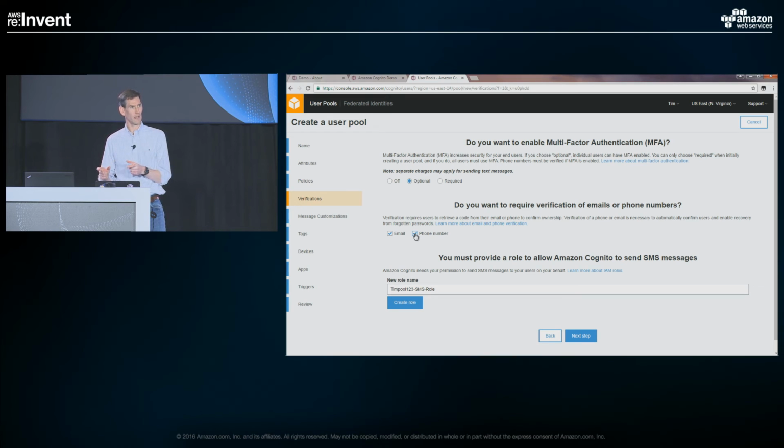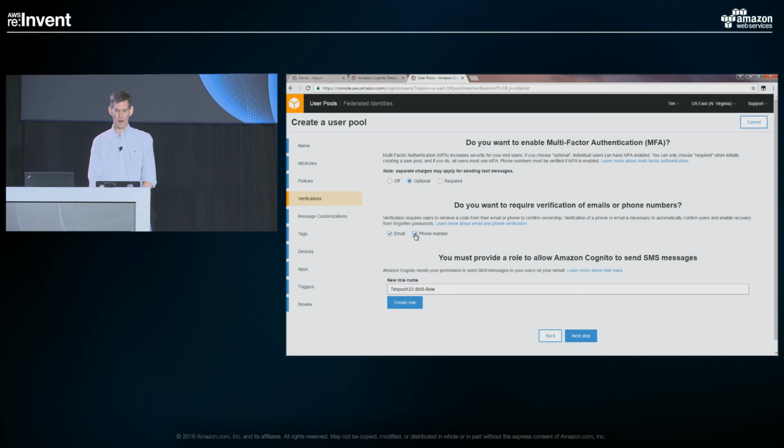If you're going to use an alias and you're going to use a user's phone number as their passwordless way of signing in, you'd want to make sure that you had validated that phone number. And what that means is as they sign up, we'll send a code to their phone or to their email that they then enter to confirm that they actually own that phone number, that email address, and confirm their account.